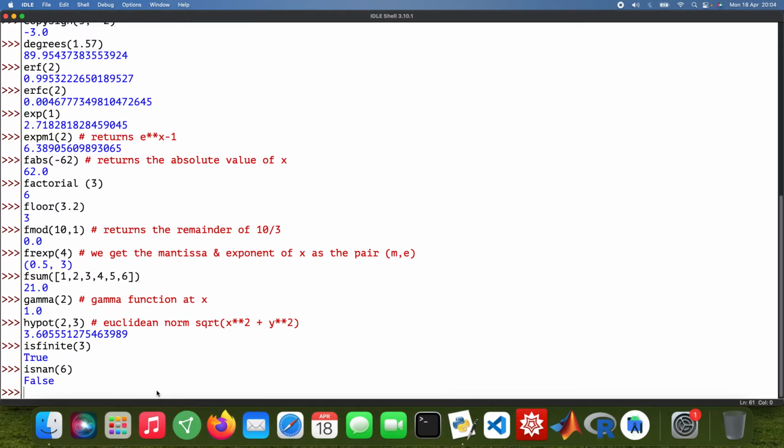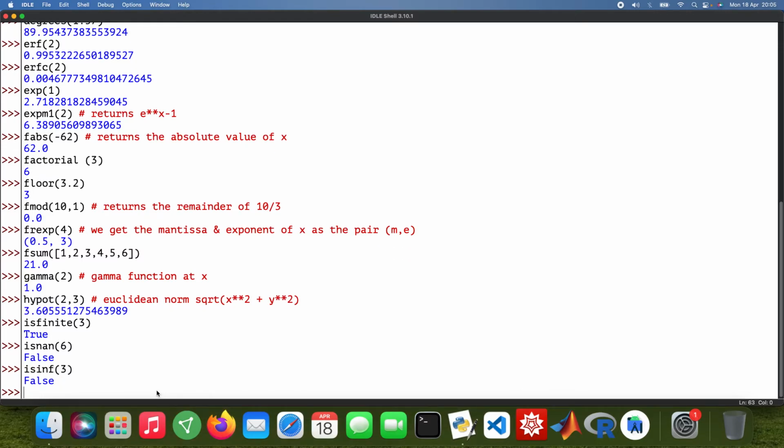And then isinf, is infinite. That's false again. Then I've got my function ldexp, so 2 and 3. So that returns